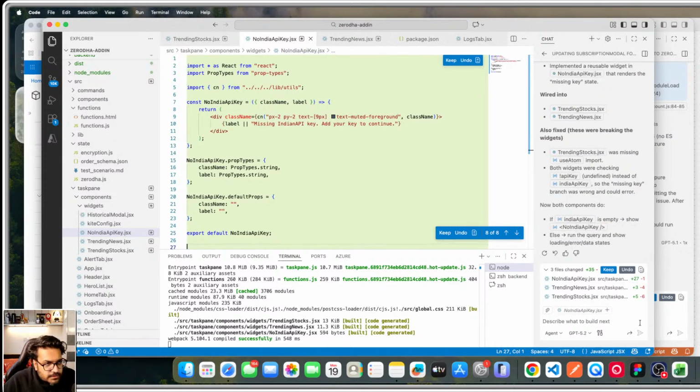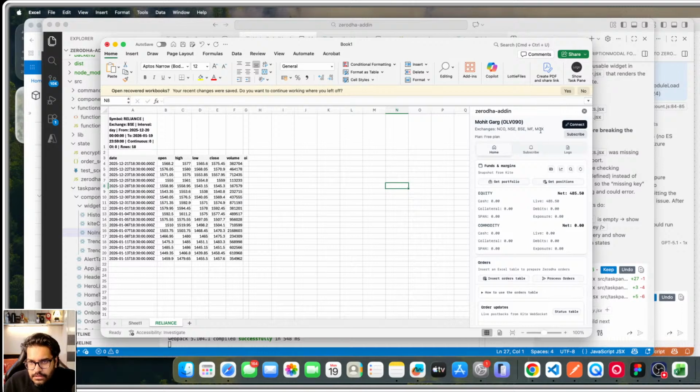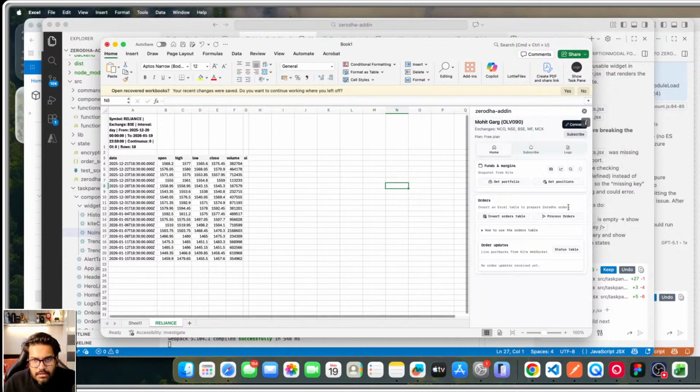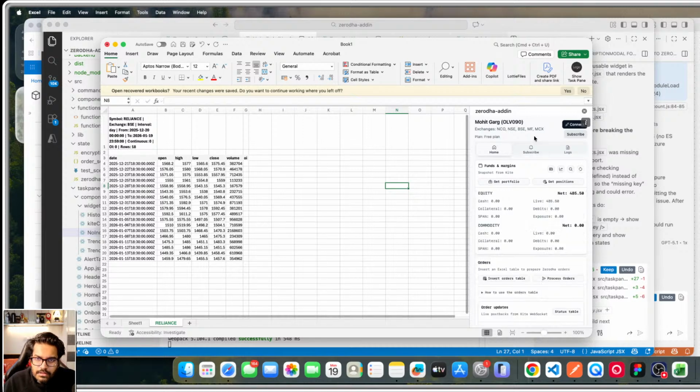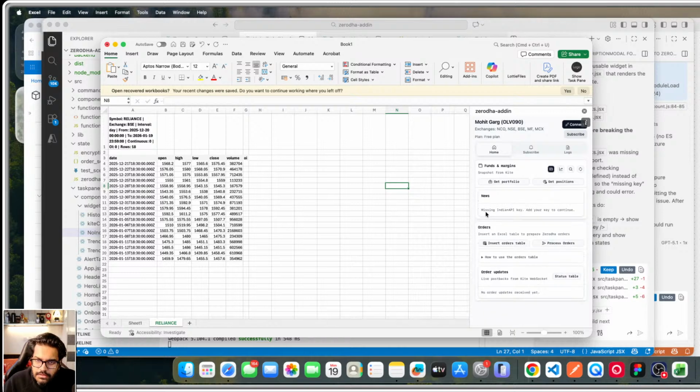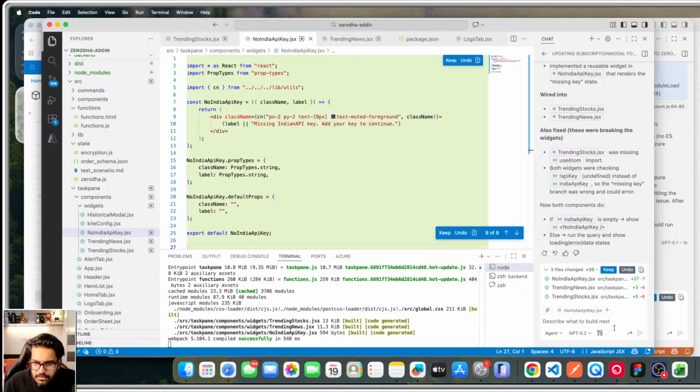Okay, so this is done. Let me do a reload here. It's going fine. Add your API. Also add a section on how to get the API